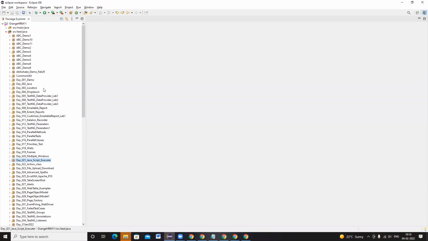Very good. Now, what is data provider and why are we using data provider? To execute a test with multiple sets of input data, right? And how do you use data provider? Use the annotation @DataProvider, and you can interlink with the data provider. Then you have to just go ahead and use the information that you are providing, right?